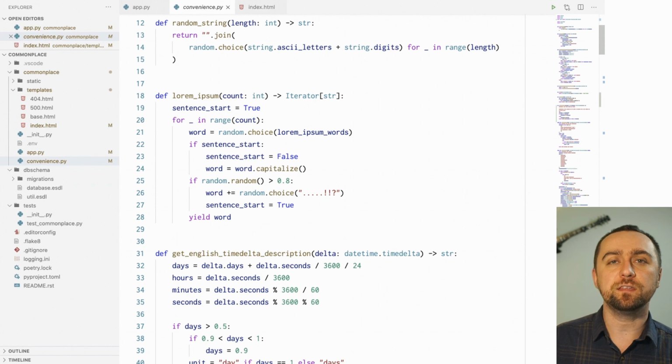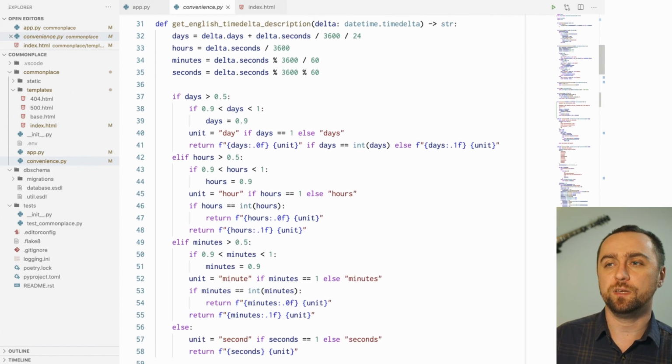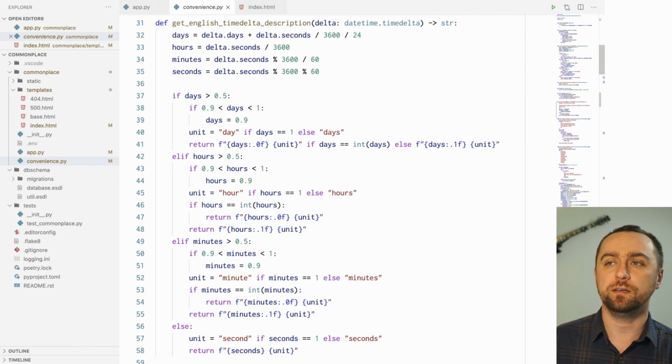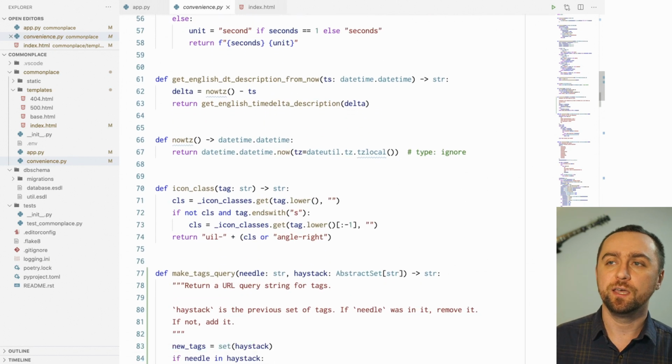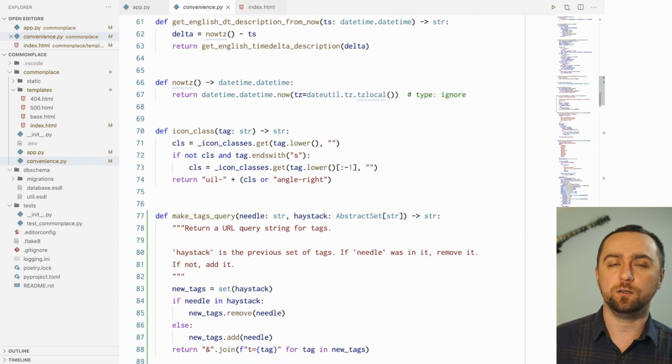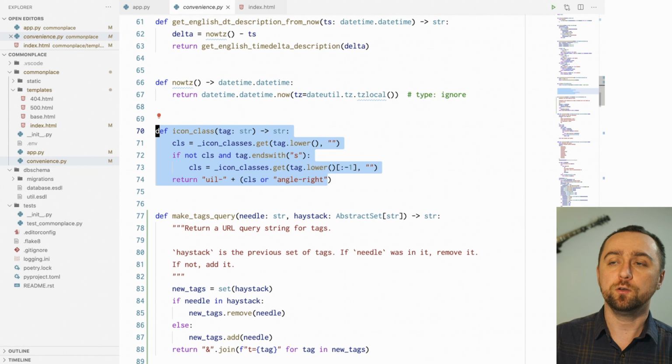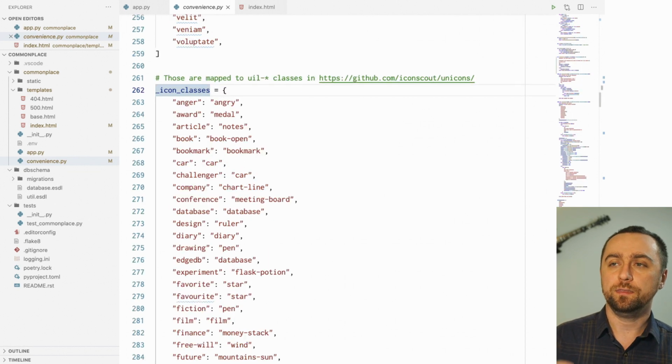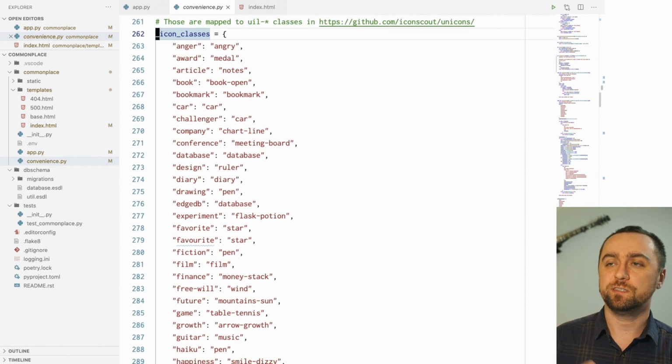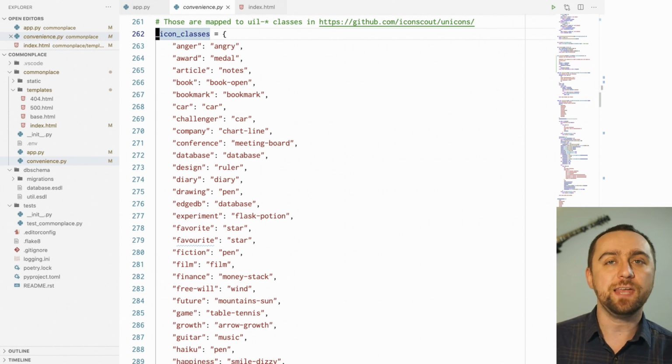I created this to not waste time explaining how to get an English time delta description. It is a file that contains a lot of this sort of thing, including the icon class, and the icon classes are here. You can see the mapping between the names of tags that I, as a content creator, would want to use